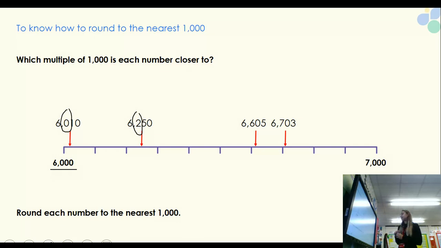Okay, the next one is 6,605. So that's not quite clear. It's almost in the middle, isn't it? But let's apply our rule. It's got a 6 in our hundreds column, meaning that we would round it up to 7,000. Same with the next number, 6,703. There's a 7 in our hundreds column. The rule is 5 or more we raise a score, 4 or less we let it rest. That will be rounded